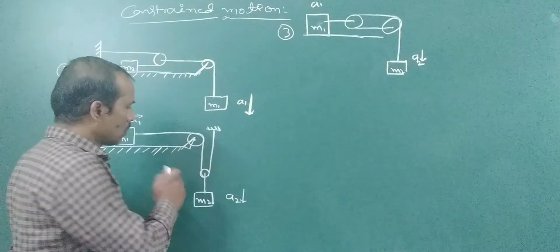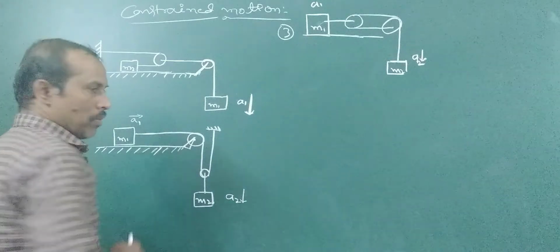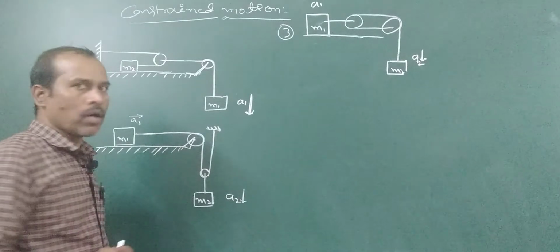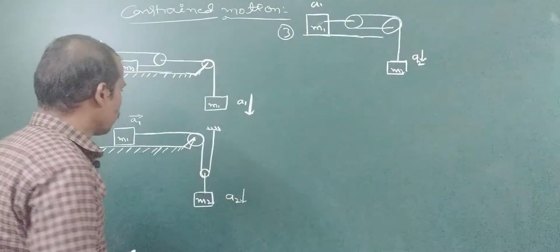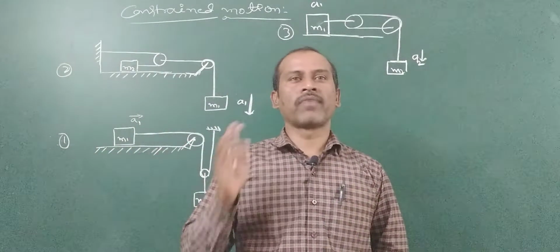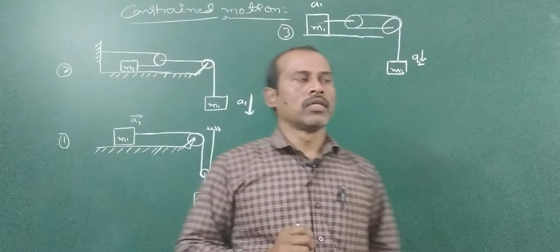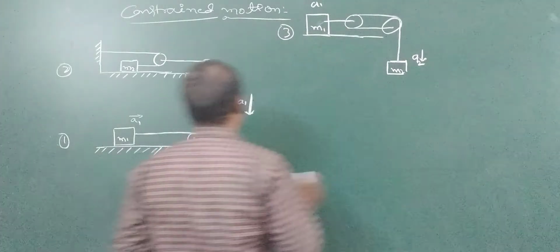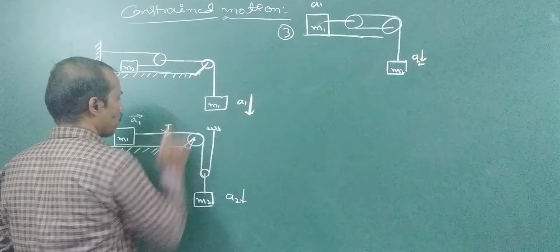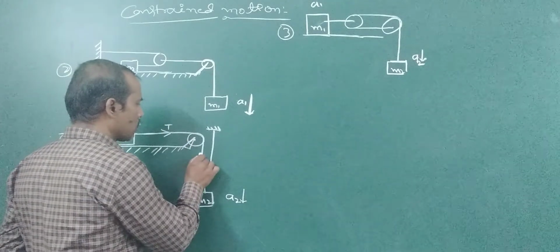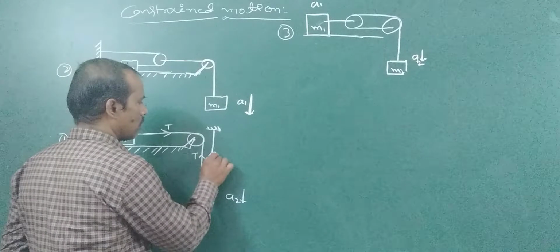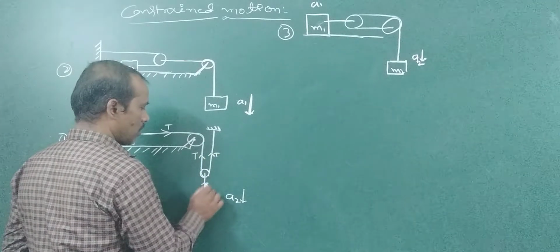How do we solve this type of problem in terms of the masses of these two blocks? First of all, find the two accelerations of the two blocks. Here, for this pulley, the tension in the string is T. Here also the tension in the string is T, and here the tension in the string is T. Here the tension in the string is 2T.